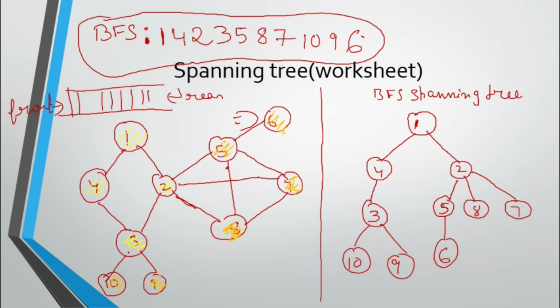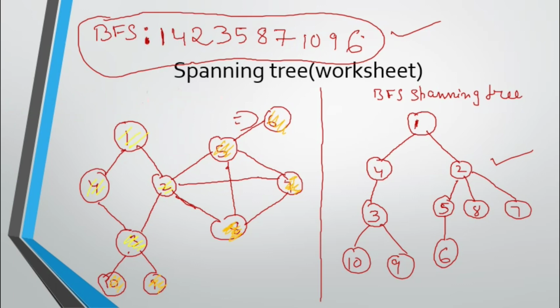Now our problem is not over. We also have to understand the DFS spanning tree. So please write this output here, that is for you, to understand the BFS spanning tree. Now let us go to our worksheet and draw the DFS spanning tree. Hope you have taken all the answers. Now I will go to DFS 1. So we'll remove this queue first, and we will remove this answer.